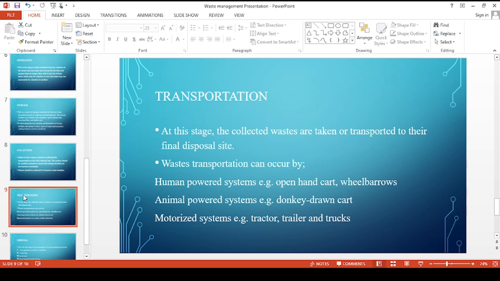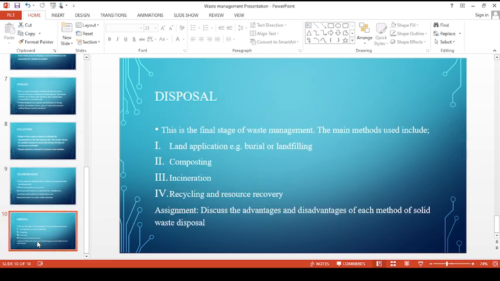Now, when it comes to transportation, one is also required to have a NEMA license to transport waste from one place to another, where another in this case refers to the final disposal site. And this transportation system should not be used to carry any other things apart from waste. From transportation, these waste have reached their final place, where they're going to be put into different waste disposal methods. The common ones are the land application methods, which include